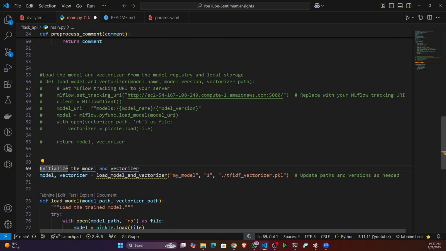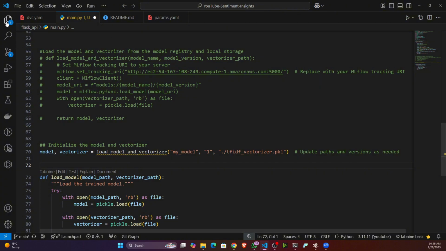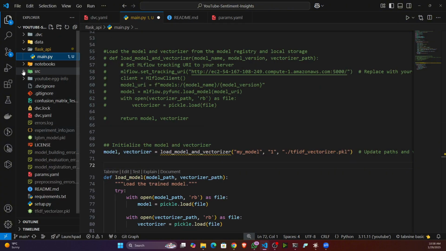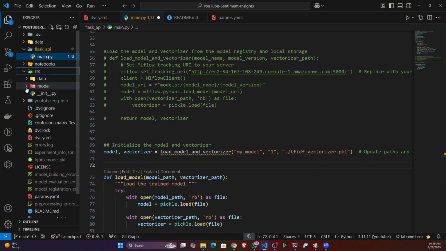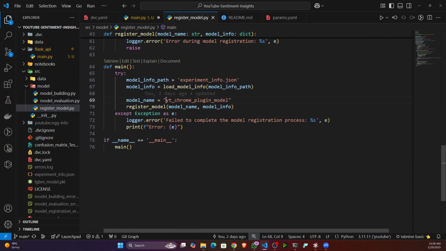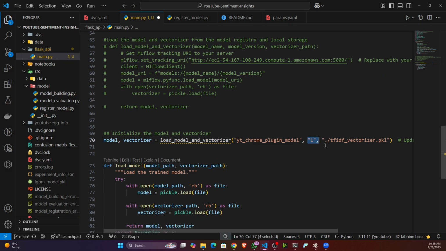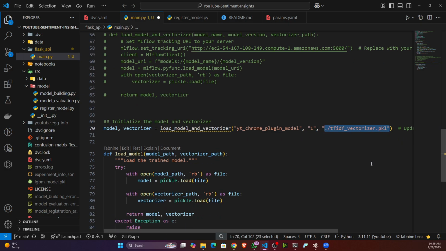Let me make a comment. So here you are calling this function, and inside that you are giving the model. What was your model name, guys? I think you remember in the registry we gave the name of the model. Here it was the name, mighty chrome plugin model. I'll copy the name, and here you can pass the model name. This will load that particular model, version 1 model, and here I'm giving my TF-IDF vectorizer path,